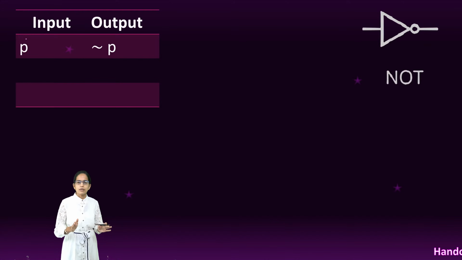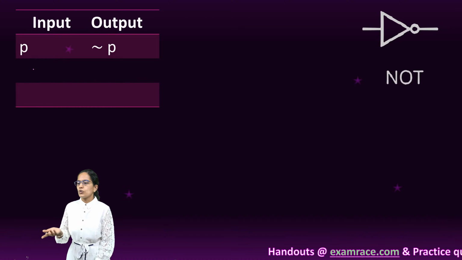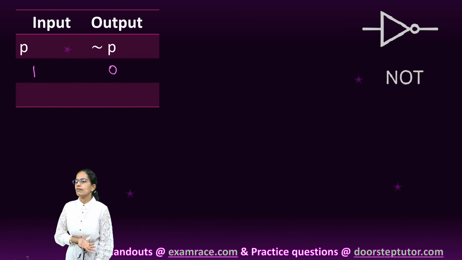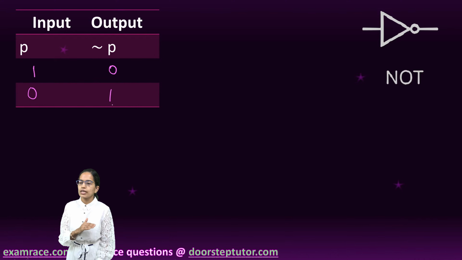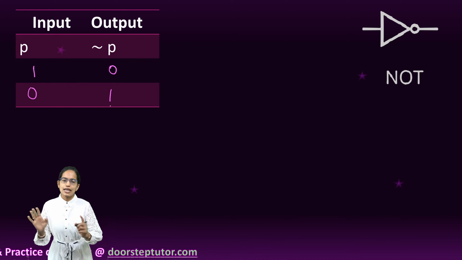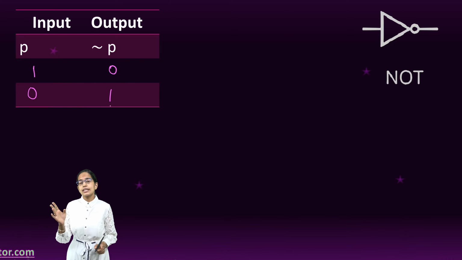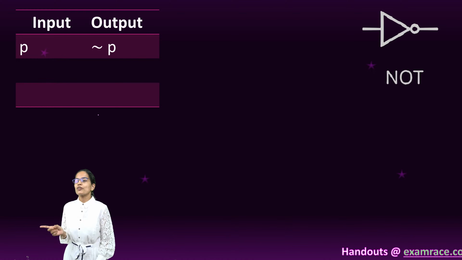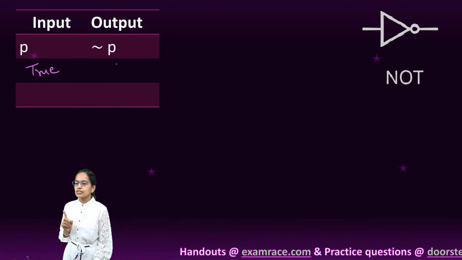Now coming on to the truth tables for the symbolic logic. For the symbolic logic, if I say you have done your homework, the output for a not would be no, I have not done the homework. If I say not done the homework, the output would be yes, done the homework. And it's as simple as that. So, rather than writing it as 0 and 1 as we do in the Boolean logic, in the case of a symbolic logic, we write it as true and false.